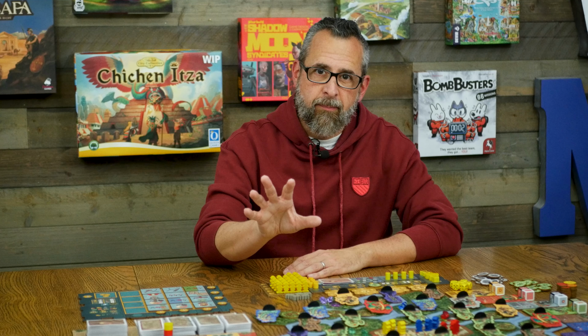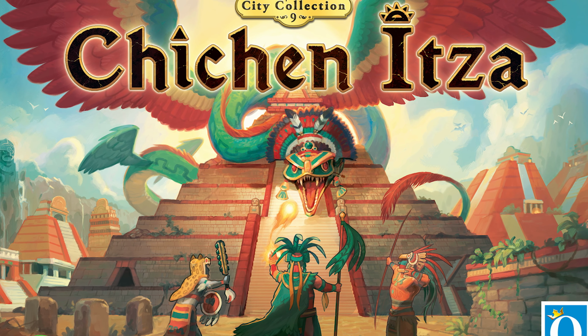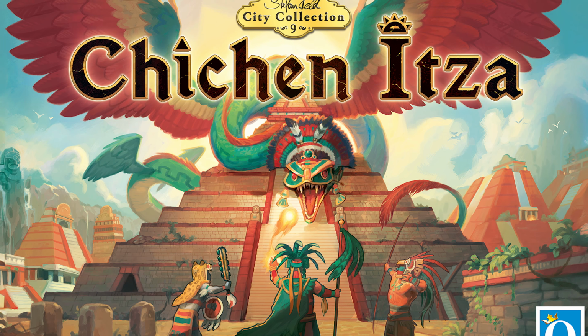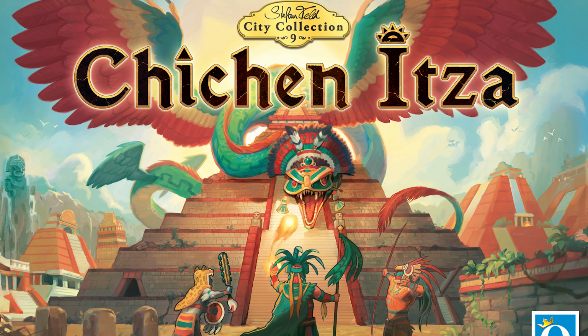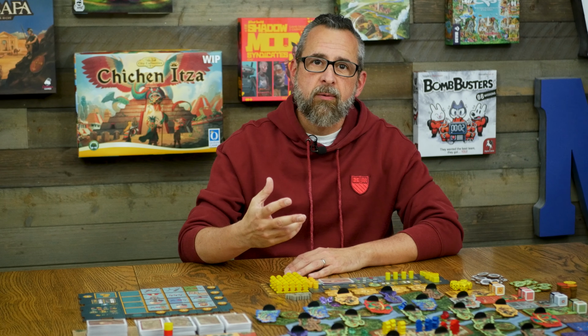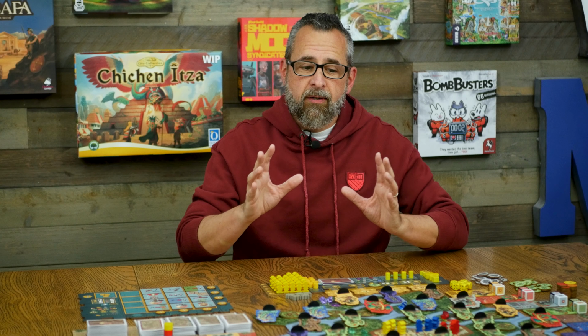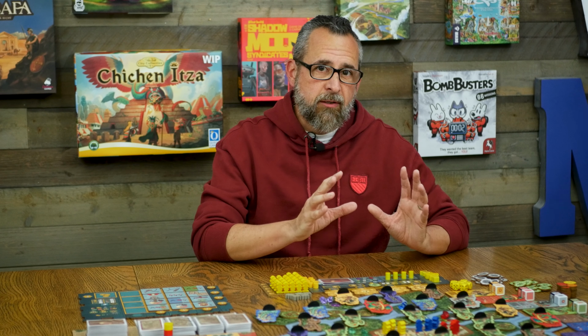Stefan Feld has truly entered the realm of troops on a map. It's called Chichen Itza, and while it is troops on a map, it would be doing it an injustice to just call it that only. Stefan Feld is bringing, of course, the same sorts of flavor that you expect from a lot of his games. There is a ton of scoring in this, and like I said, it's much more than just troops on a